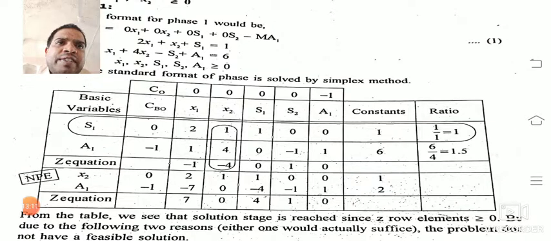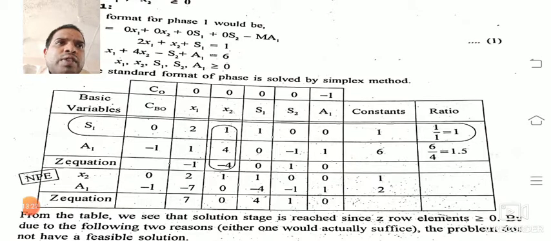Okay, we are getting the z equation values: minus 1, minus 4, 0, 1, 0, as you did in the simplex method or as you did in the previous problem. Here the minimum negative value, my highest negative, is minus 4, so we select that column, x2, as the entry column.